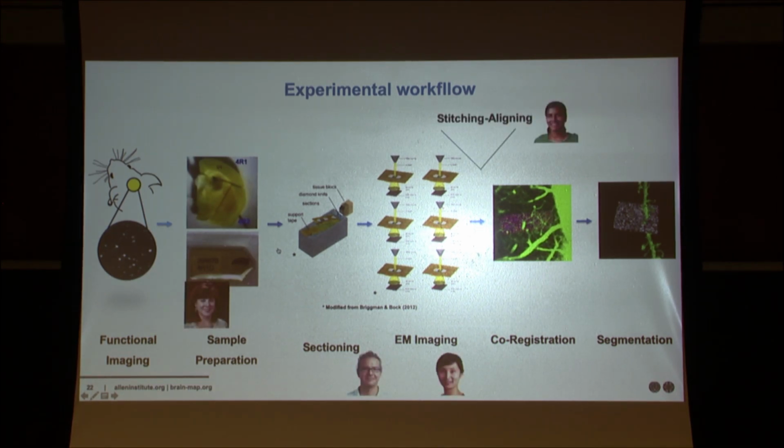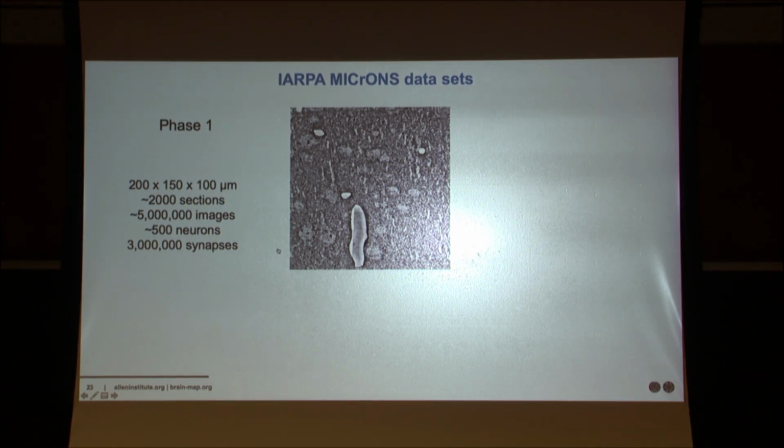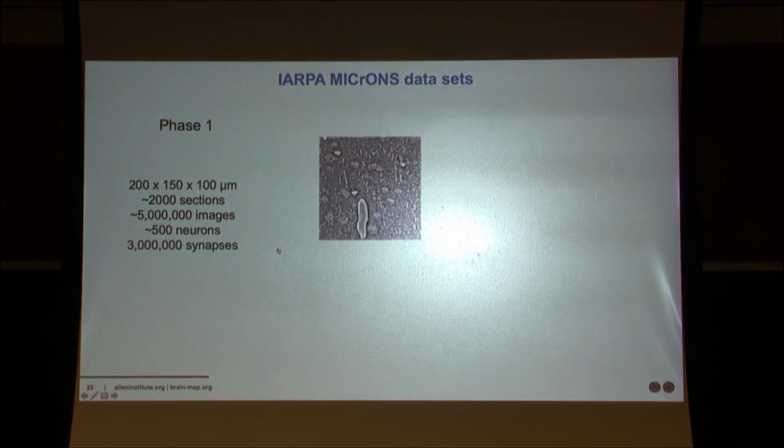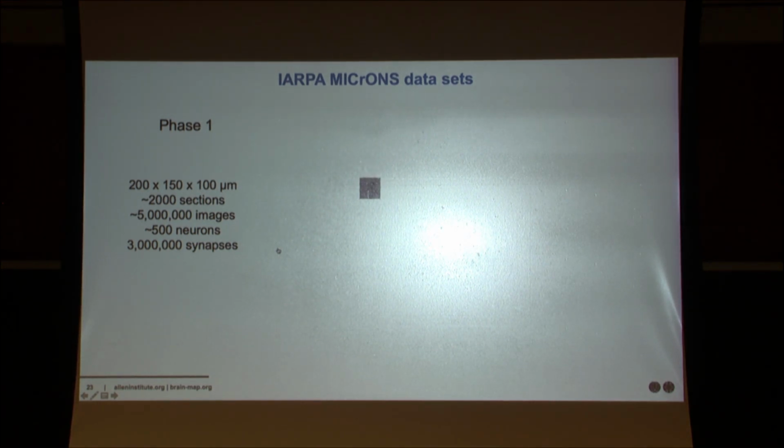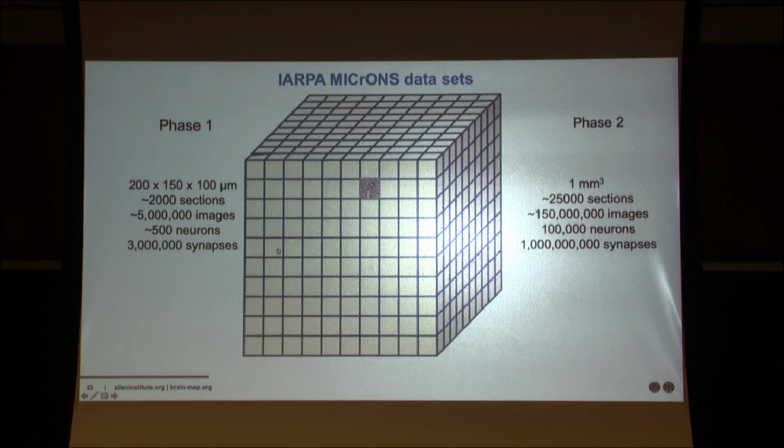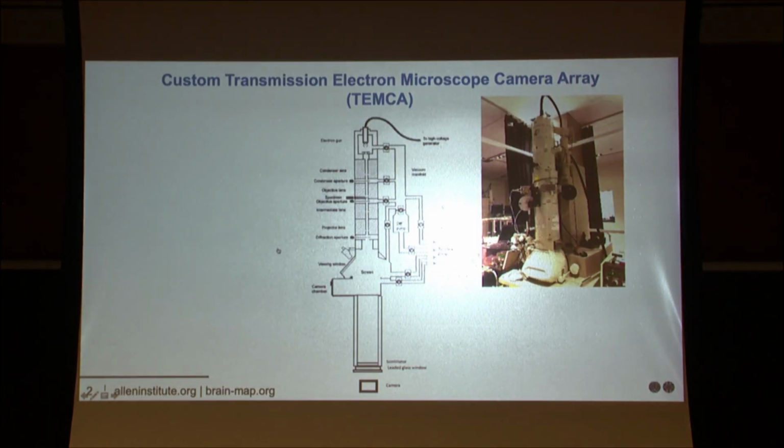Those are the people who did the various things. And then finally analysis, I'll have time to talk about analysis. So phase 1 again is fairly small, 100 microns. Why do I show it? Just to do the powers of 10 exercise at the beginning. 100 microns, if you make it 10 times bigger, it's 1,000 times bigger. And that data set is the one that we collected and was preliminarily analyzed by Sebastian Seung.